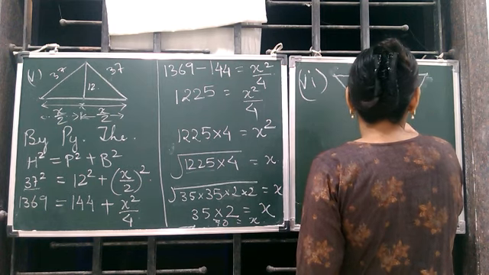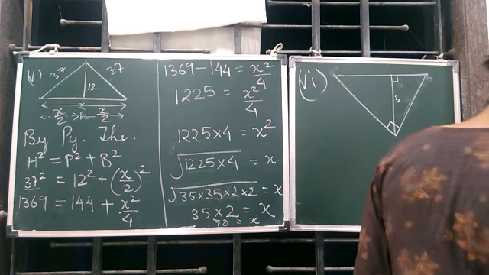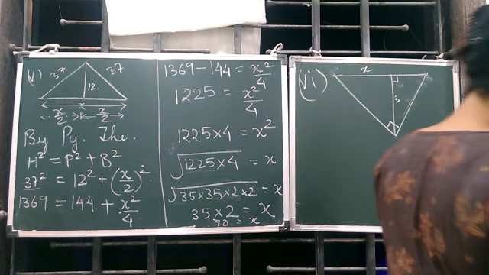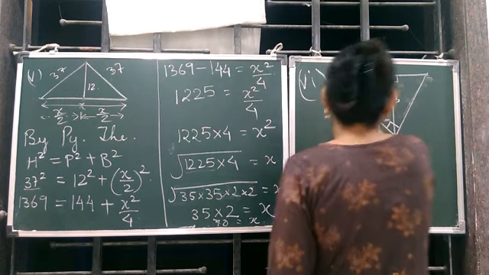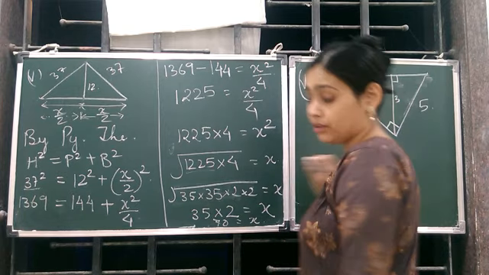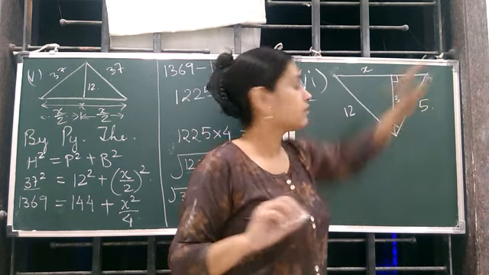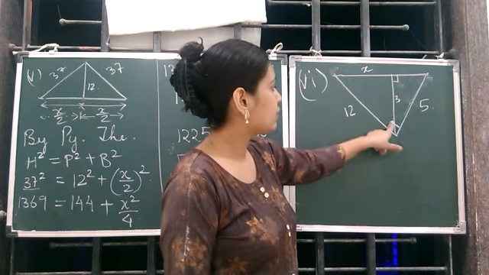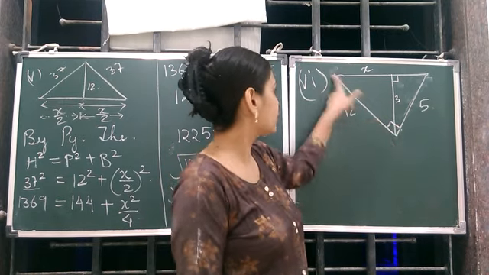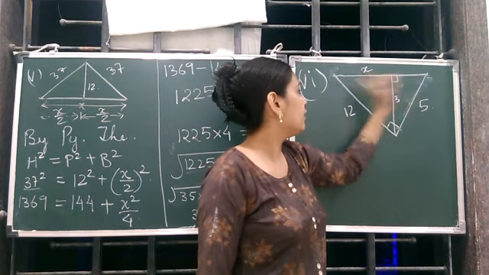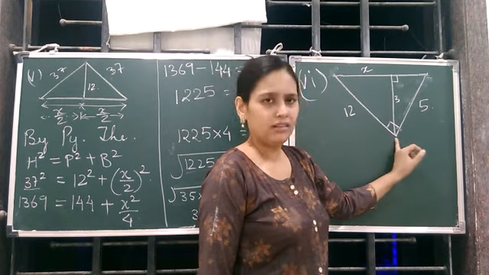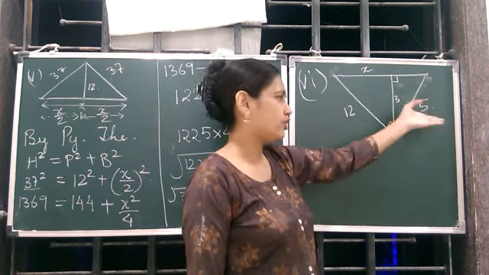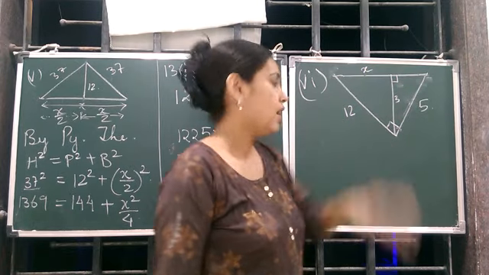This is 3. This is x. This is 12 and this is 5. Now children, this full is x. First and foremost, you can see this is a 90-degree angle. So this is a right triangle. So we have the perpendicular, the base. किसी को भी perpendicular मान लो, किसी को भी base मान लो, and actually this is the base, this is the perpendicular, and this is the hypotenuse.